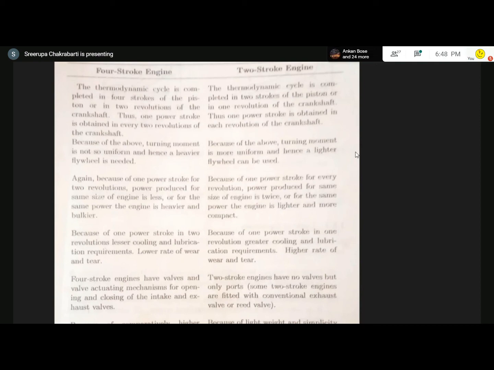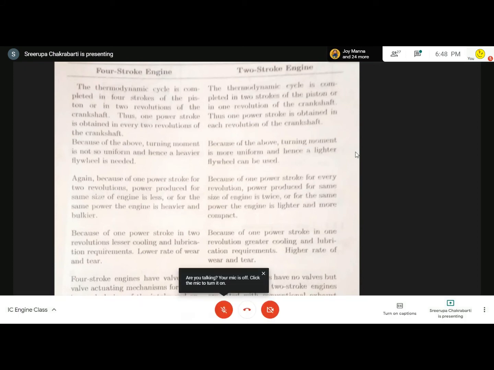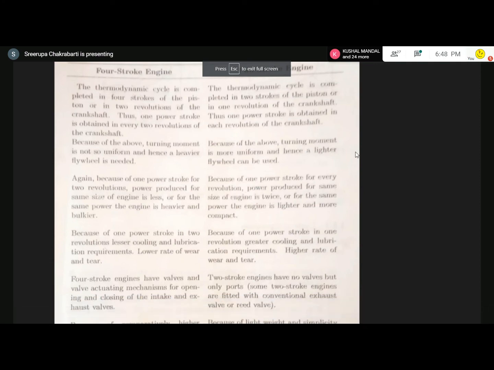The thermodynamic cycle means that we have to complete the exhaust, then we take the suction. In the mechanical cycle, the exhaust process is going on, then within that the suction also starts, and the suction drives out the combustion products, the exhaust gases. That is called scavenging. This scavenging process is a part of the actual cycle, or the mechanical cycle.